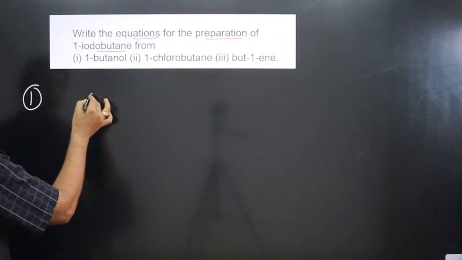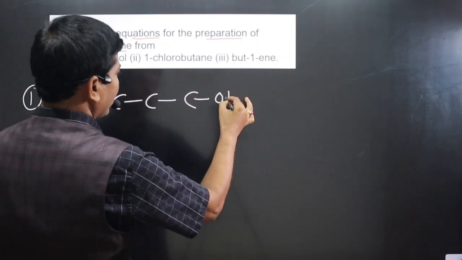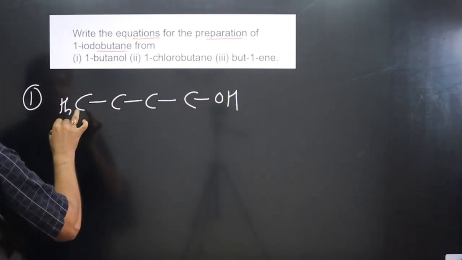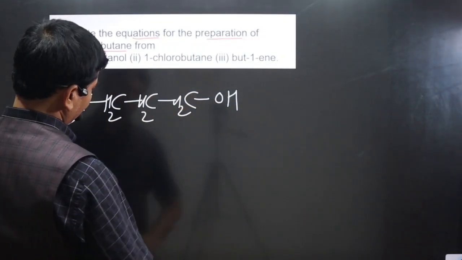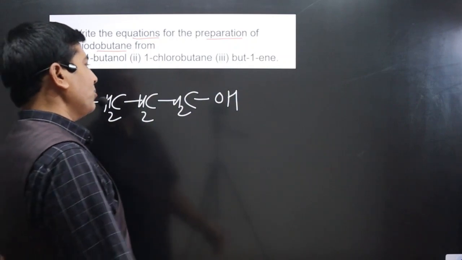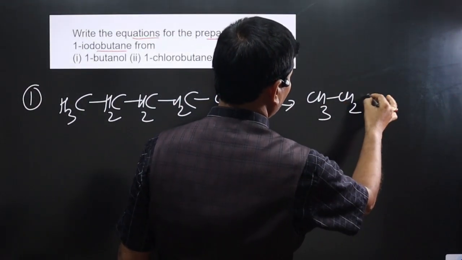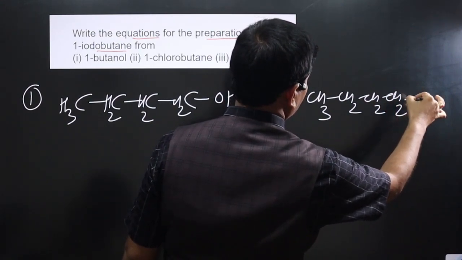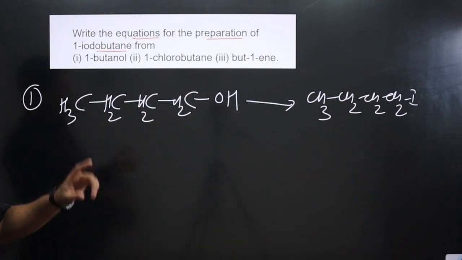We have 4 carbons, C, C, C and C. 1-butanol means the OH group is attached at the end. Satisfy the valency of carbon: CH3, CH2, CH2, and this CH2 is there. And we have to convert 1-butanol into 1-iodobutane: CH3, CH2, CH2, CH2, and this is iodine. Okay, before starting the conversion, always check the number of carbons in the reactant as well